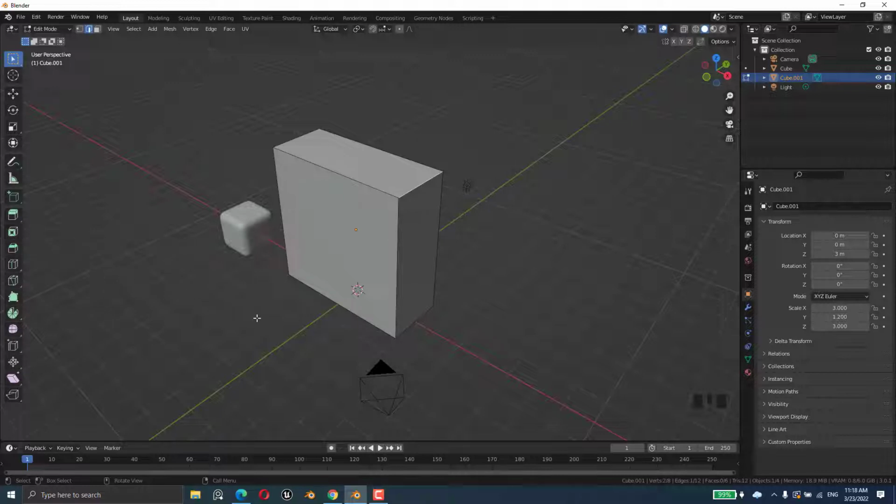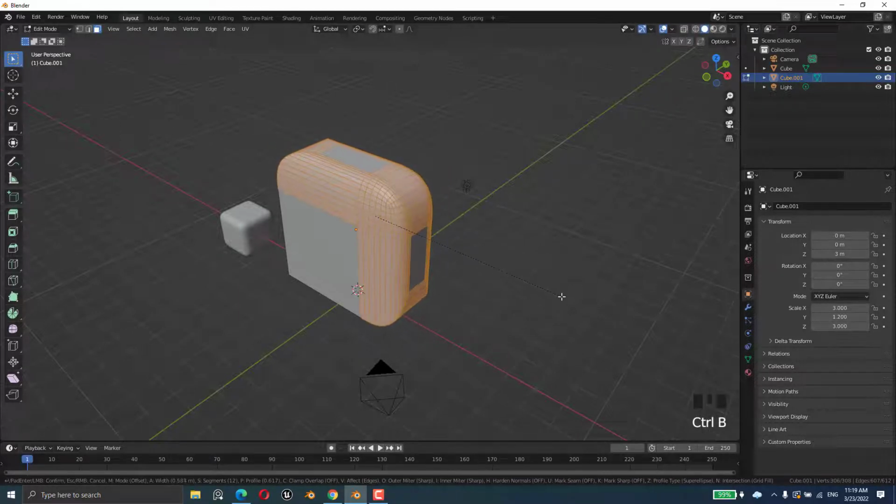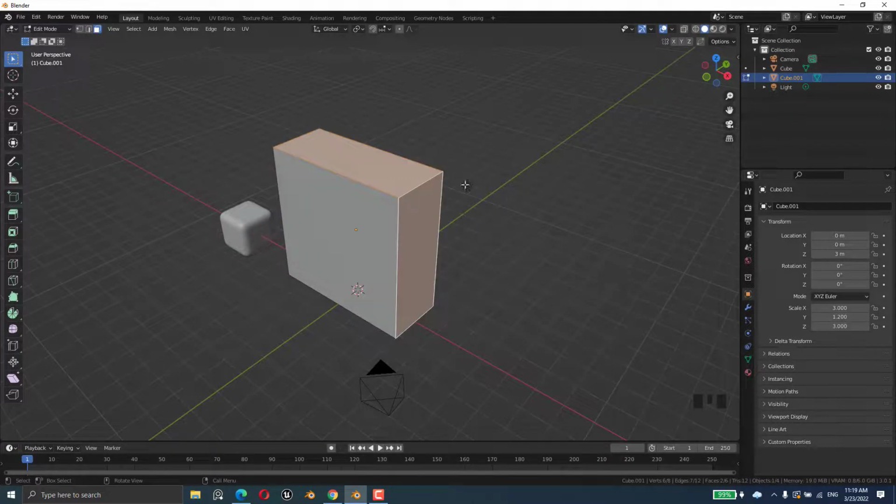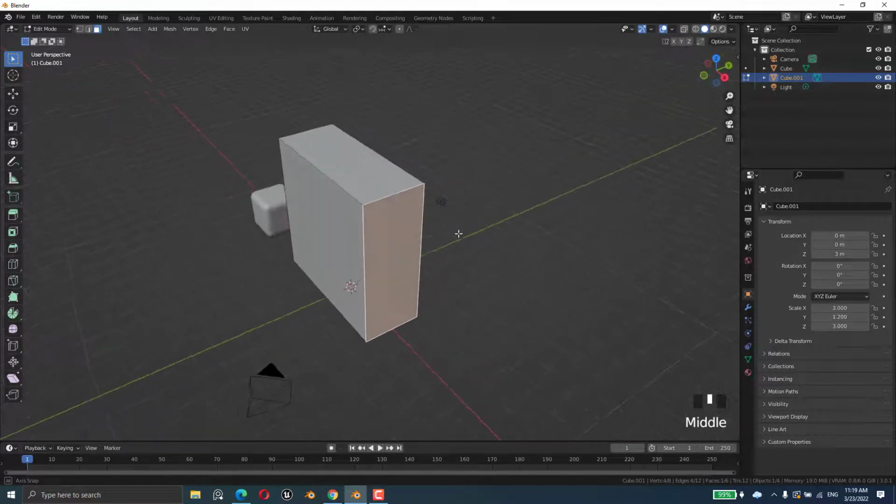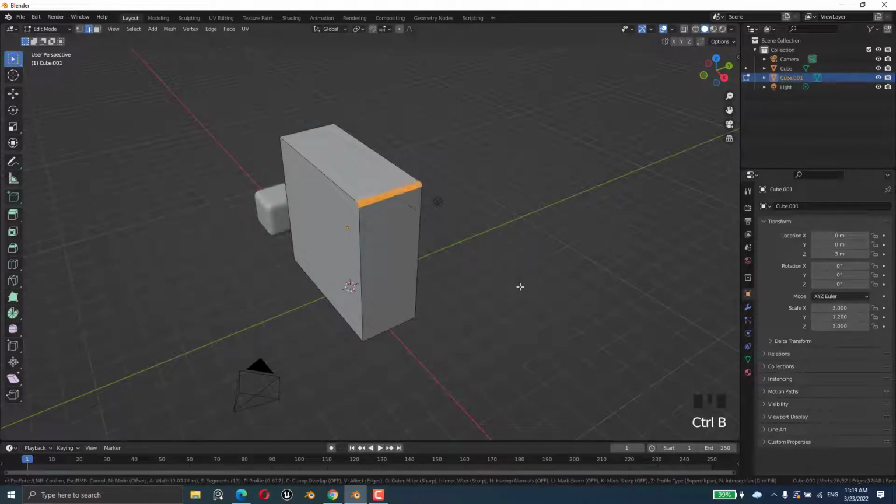I will not go to the bevel to here. I'll use Control B. Be aware of that. We will not use B. B is selection. We will use Control B. Okay, Control B. So we will see something like this, but unfortunately it will not be applied because we should select the faces. Okay, select the faces and Control B. Right now we can do it. You see, we can do this one, but I don't want this. So what I will do is I'll select Control B like this,